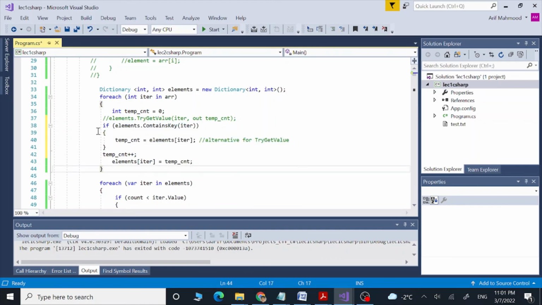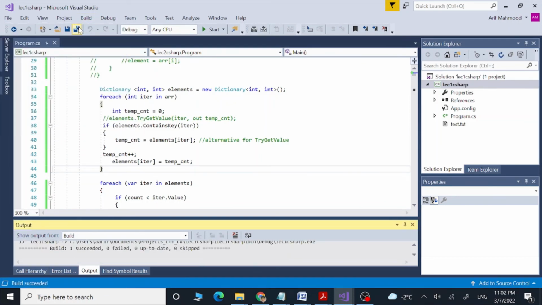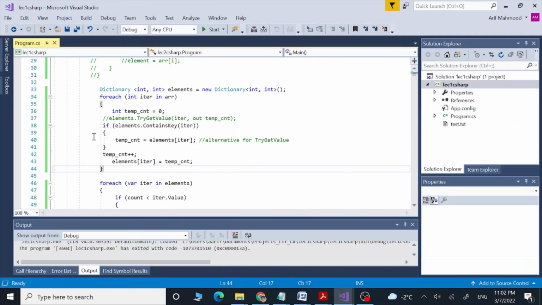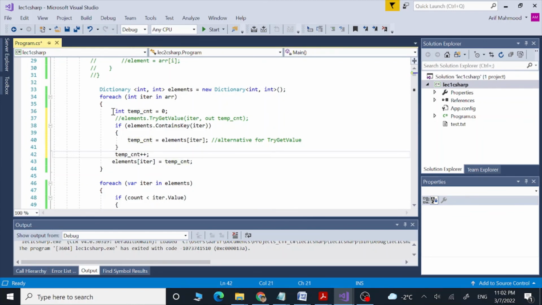So now if I run this program, we are going to see the same output. So these are just equivalent to each other. I don't know why in this program this time these lines keep shifting over, so this is the way the code is going to look more proper.